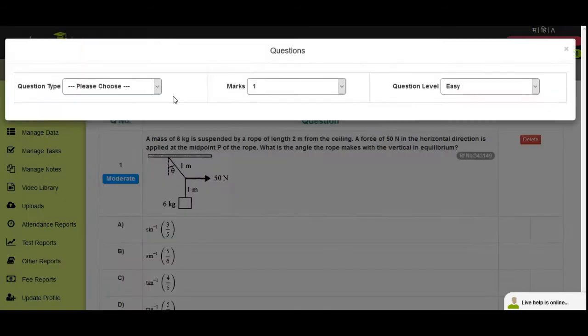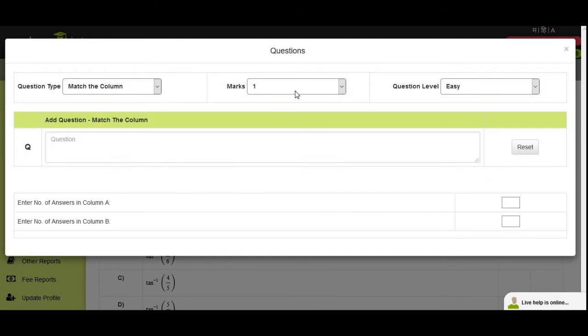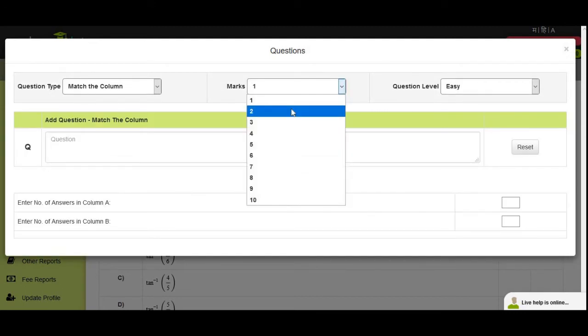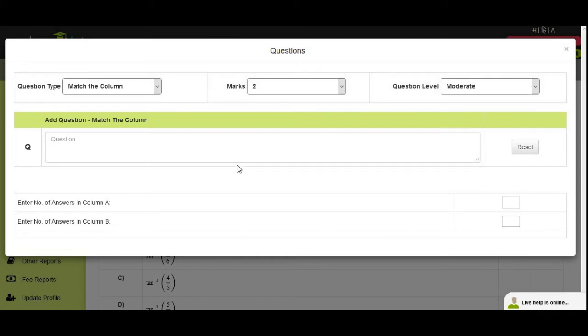Now I will upload the question of match the column. Select marks, question level, type the question.